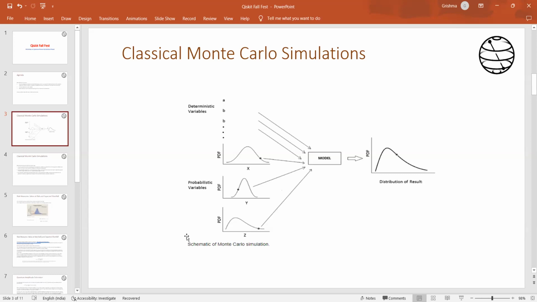When you want to actually get the output distribution, you just randomly sample from each of those independent variable distributions and apply a model of interest and get a distribution for the output. I think this is quite a high level detail that I gave. I can probably give an example. For example, let's say you want to know the best return of a stock, and now that stock actually is influenced by several factors.